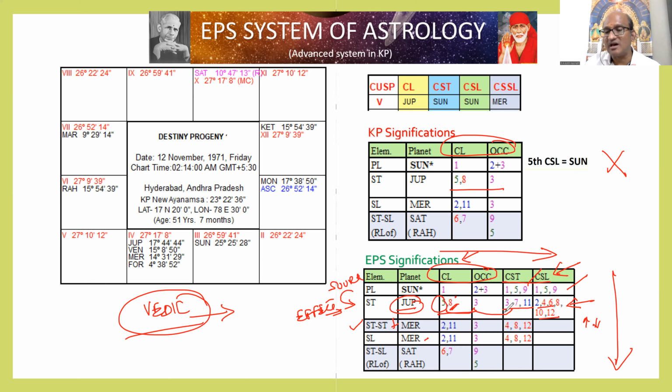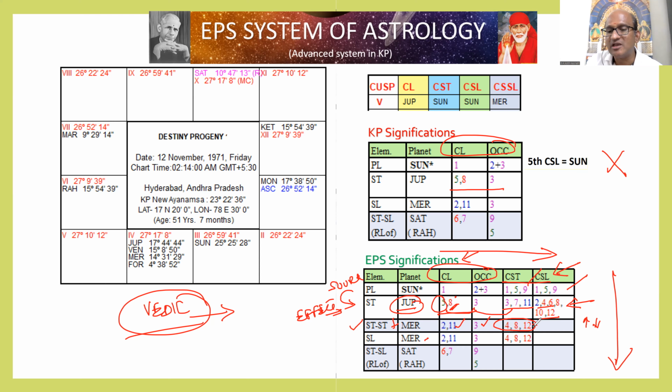Then further, the star lord of the star lord is further supporting the favorable of the Jupiter or the unfavorable of the Jupiter. You understand? Now look, it is unfavorable at the sublord, but CST up to CST is favorable. Now what is the star lord of the star lord doing? 2, 11 and third house. This is good. But look at cuspal star lordship 4, 8 and 12. It means what? Second house, 11th house, occupying third house, moving towards 4, 8 and 12.